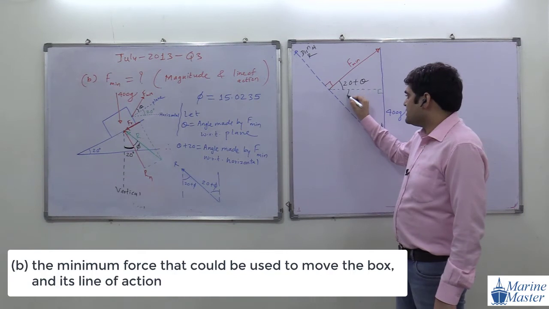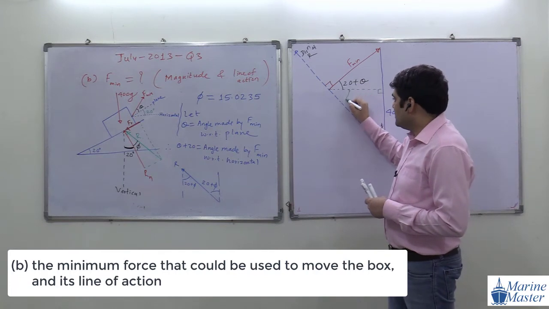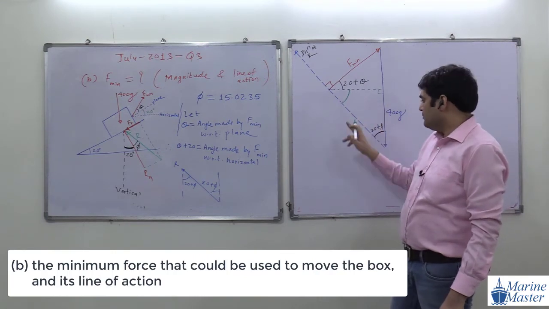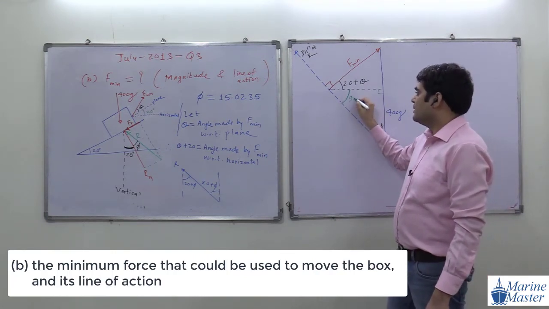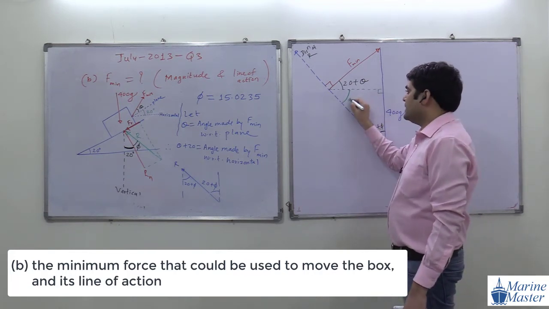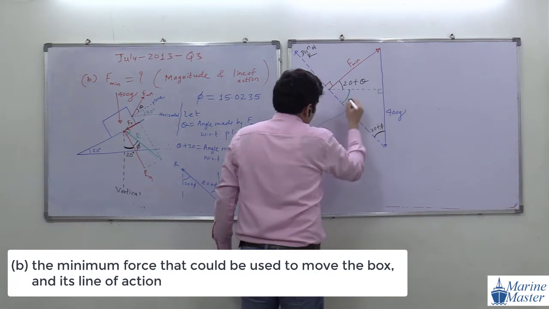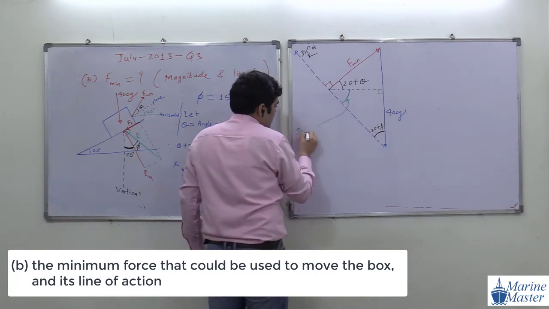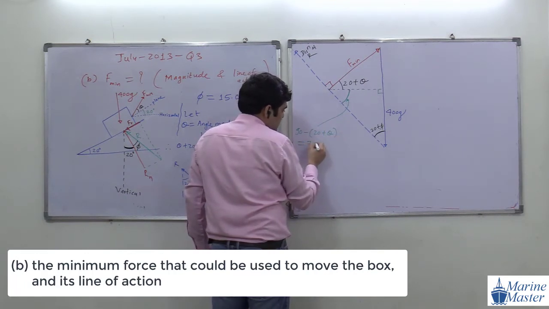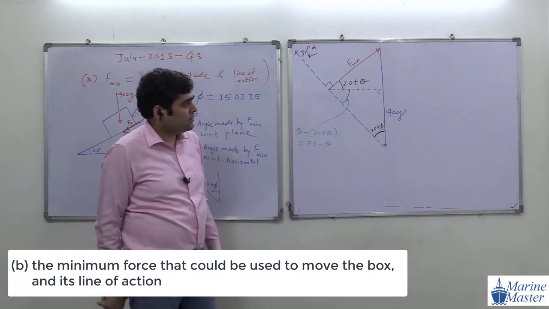Now what will this angle be, guys? I will use a different color pen, a green color pen. This angle will be 90 minus (20 plus theta), and that will be equal to 70 minus theta. Any doubt in this drawing now? Guys, everyone?